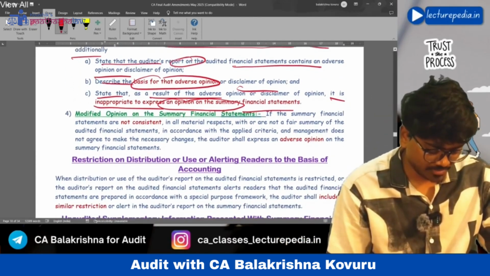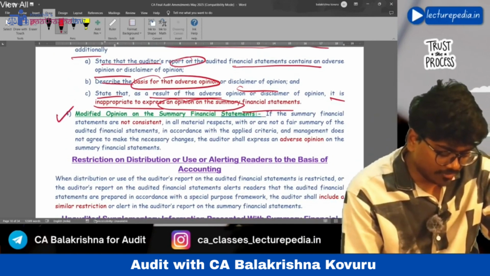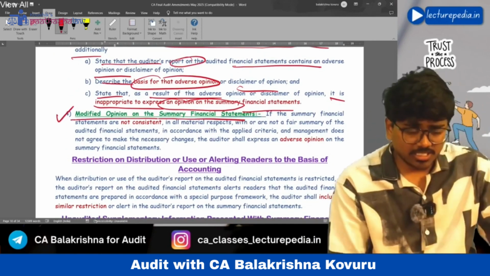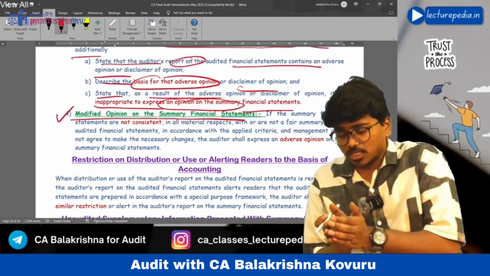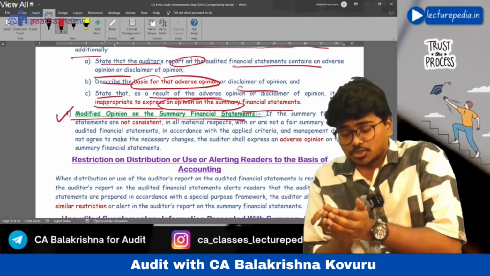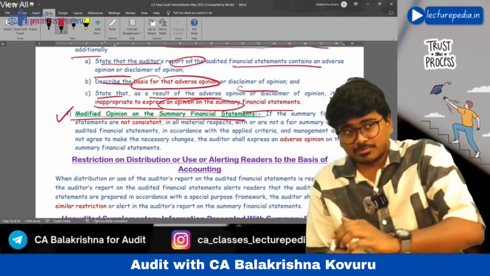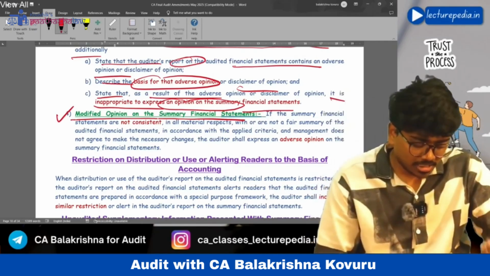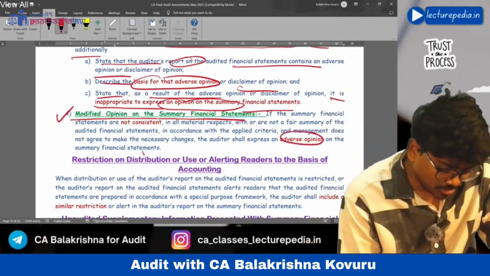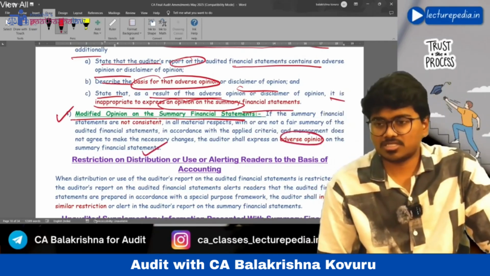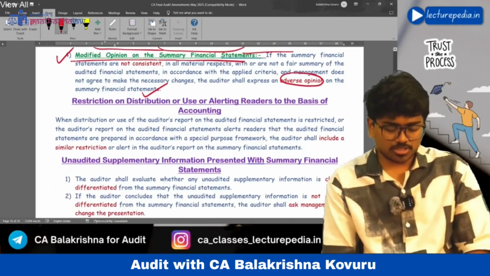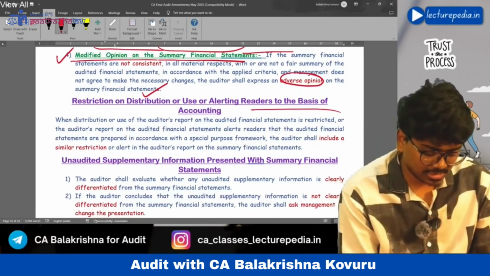Hope that is clear. Next, modified opinion on summary financial statements. If summary financial statements are not showing a true and fair summary of the complete set of financial statements, then the auditor will give an adverse opinion on the summary financial statements. Next, restriction on distribution or use, or alerting the readers.